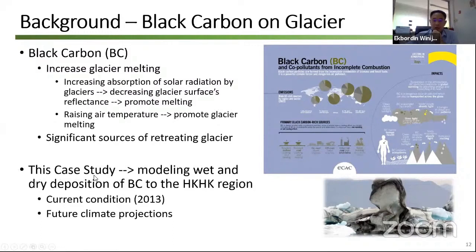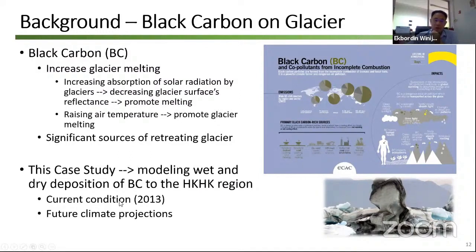In this case study, we will model the wet and dry deposition of black carbon. Black carbon is a particle, so it has weight and can be pulled down to the Earth's surface by gravity. That kind of process we call dry deposition. Another process is that black carbon can be removed by rain or snow, and that process is called wet deposition. So in this study, we will model both wet and dry deposition of black carbon to the HKHK region